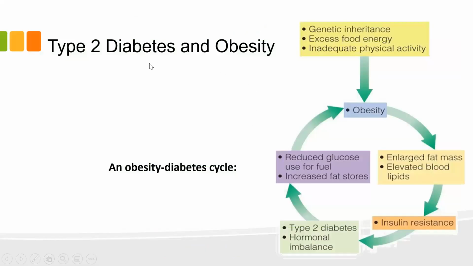So let's just talk a little bit about type 2 diabetes and weight. Not everything is really fully understood about this, but you can see that there's a little bit of a cycle going on here, right? If you start here at the beginning of the cycle, someone's obese. So what does that really matter? Well, for some reason, it seems that elevated lipids in the blood cause cells to be insulin resistant. Not something I know a ton about. And like I said, my understanding is that we don't fully understand what is going on here. But it is very tightly linked with obesity.